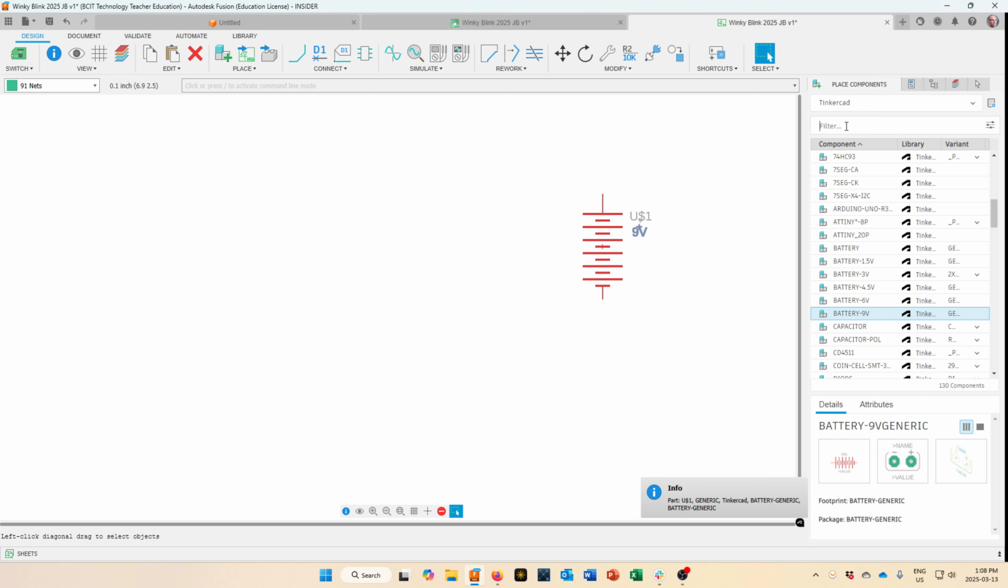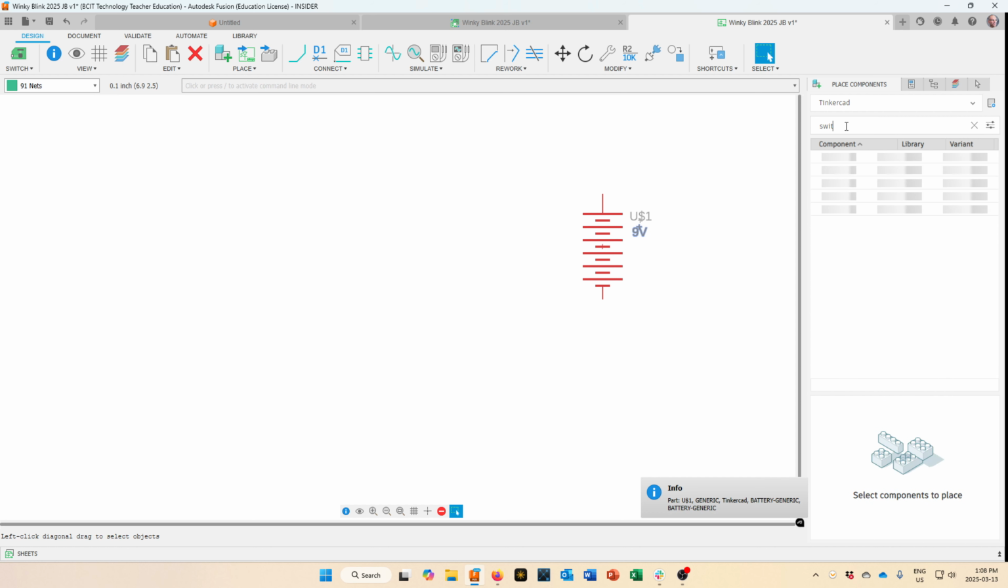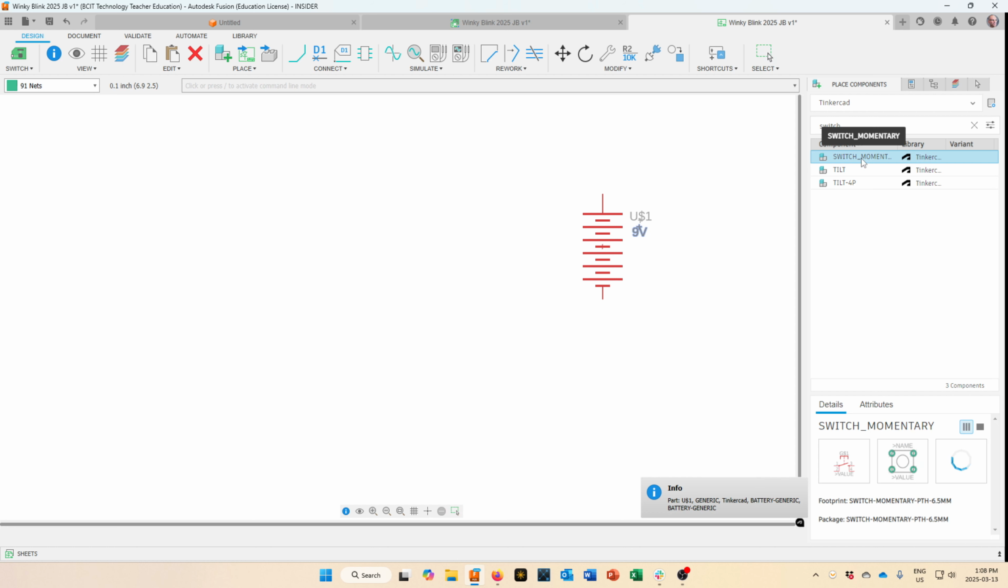Okay, the next thing we're going to look for in here is a switch, because we'd like to be able to turn this on and off. This has a momentary switch. Let's see. Oh, that's a push button switch. The Winky Blink would only work when we've got it turned on. You can see that that kind of looks like a spring-loaded switch there. We've seen these things before. We don't want a tilt switch. I think it's in here under